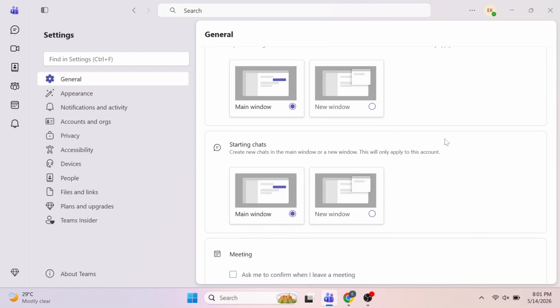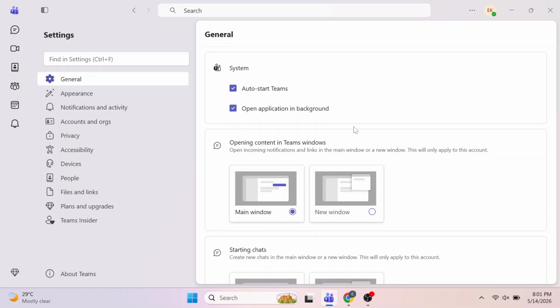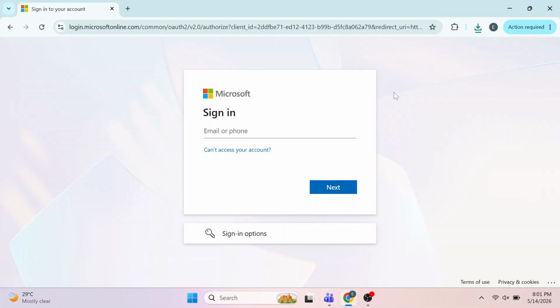In this video, I'm going to show you how you can enable NDI on Microsoft Teams. So let's get started. First, you need to know that you can only enable NDI if you're an admin on Microsoft. So if you're an admin, you could open your browser and go to